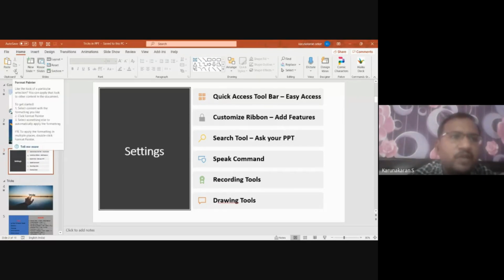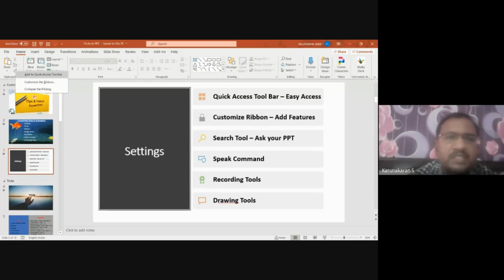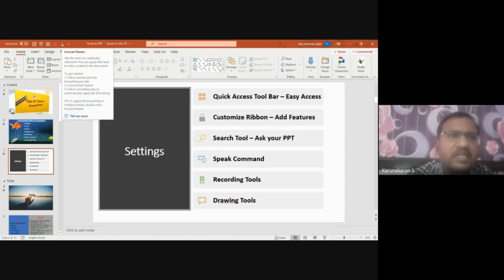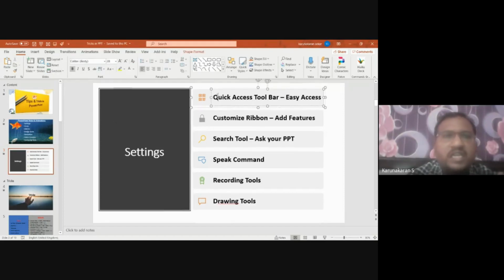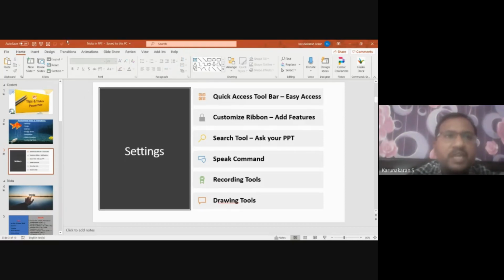Or for example, if you need the format painter added to the quick access toolbar, because we need all the text to be typed in the same format, I can add this directly here. When you select any text, that will be enabled here, right? You can see that. When I want this format to be used in other text also, I can click on this and use it immediately. So that is the use of the quick access toolbar. Whatever you need regularly, you can bring it here and use it for immediate access.